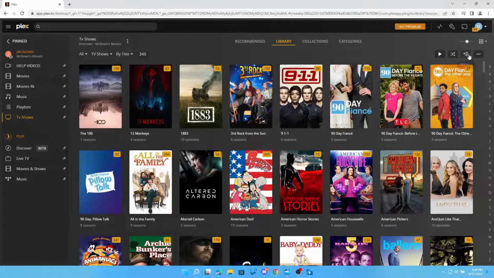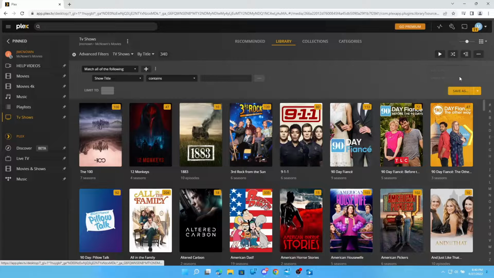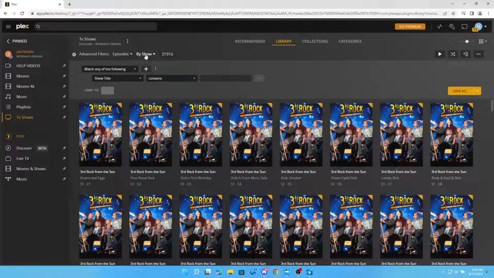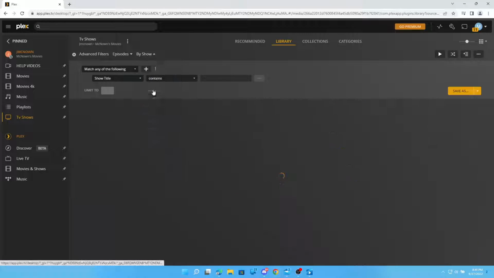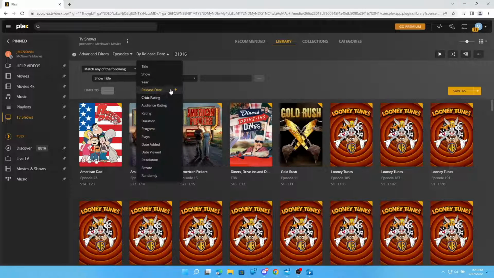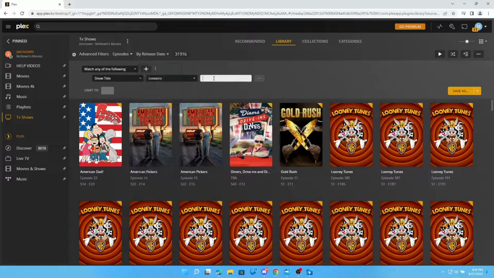First, you're going to go to TV shows, click Add to, create Smart Playlist, and then you're going to change this to match any of the following. You're going to change this to episodes, and then instead of by show, you're going to change that to release date. Click it one more time. Make sure the arrow is pointing up. And then you're going to start adding in the following: